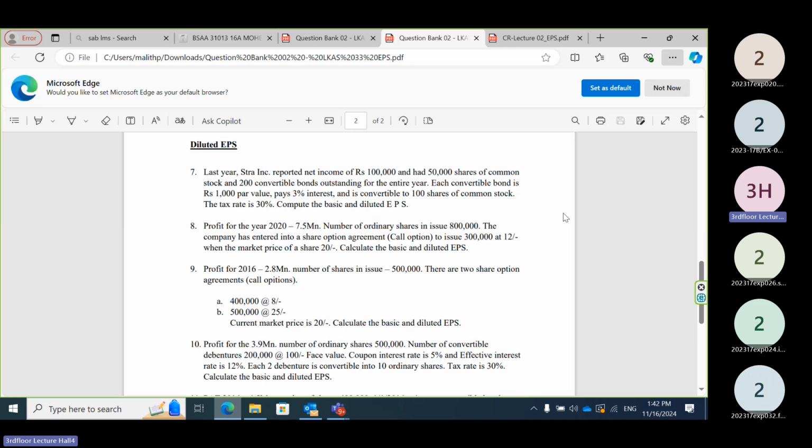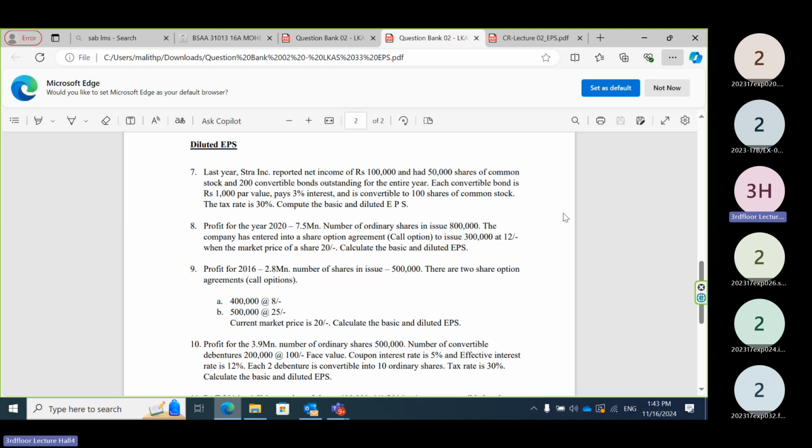500 shares. Each and every 5 shares, you are giving one bonus share. It means you are giving 100 shares for available shareholders. You don't have any additional capital, right? You do this transaction